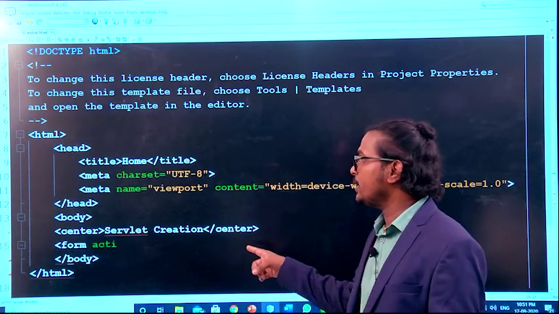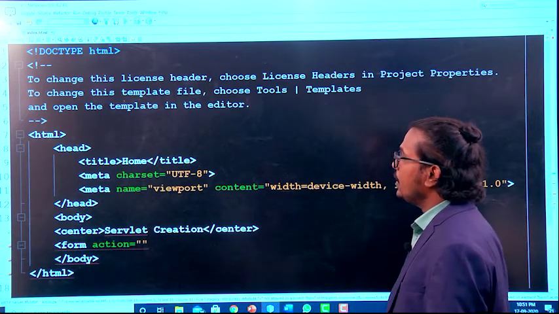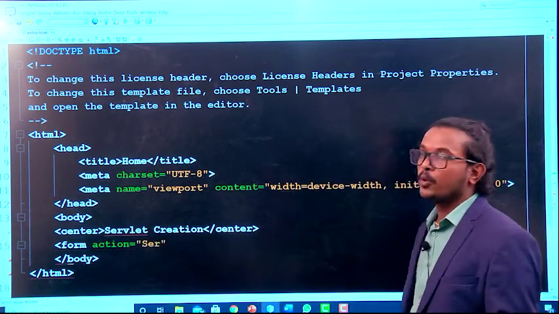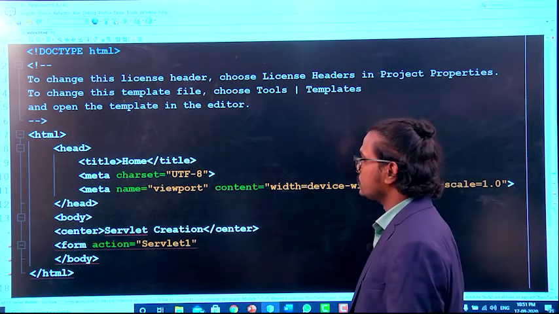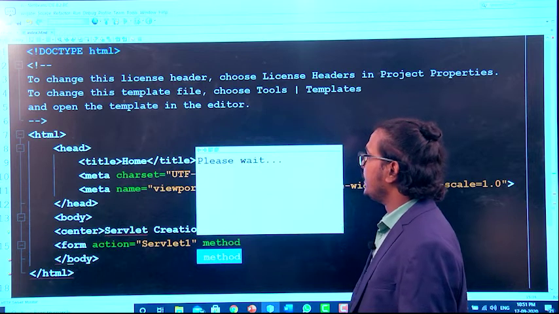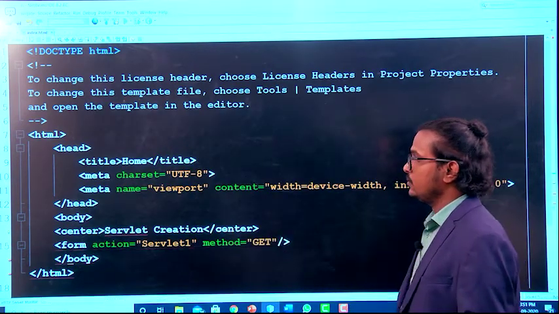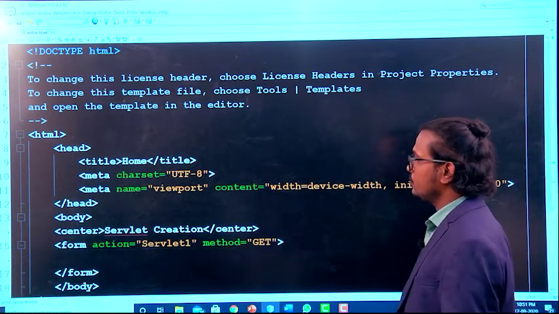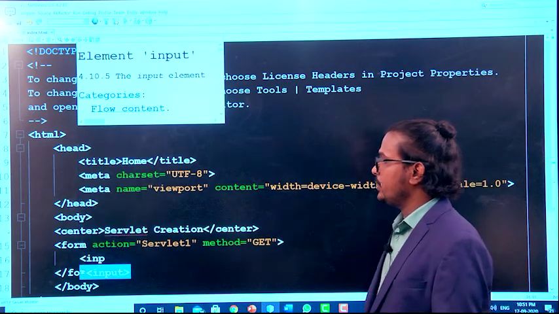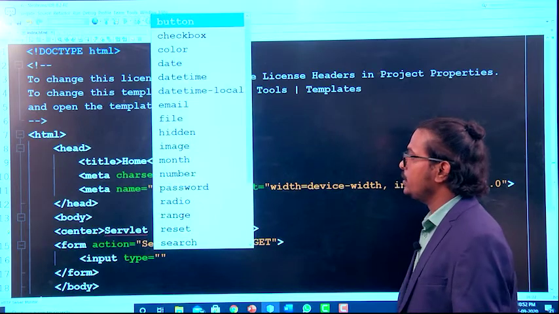For that, I am creating a form here. Form action equals, there you have to provide the servlet name. My servlet name is servlet1. Next I am providing the method here. Method equal to get. Next, you take some input information from the user,